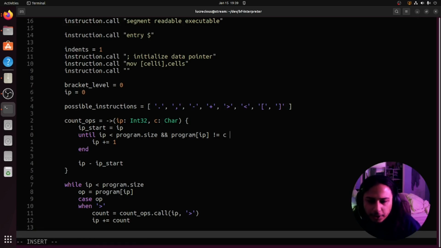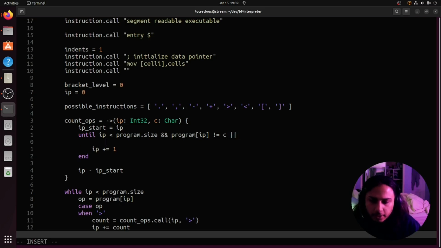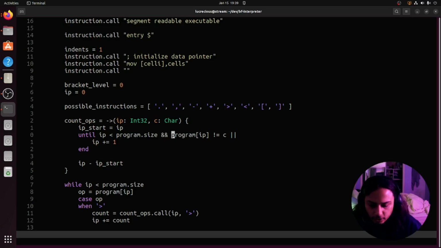We're not even going to bother writing a hash thing. Maybe there is a way to do it with a hash table, I just don't feel like looking that up right now. But we could put brackets around here. So if it's not equal to the character we passed in, or